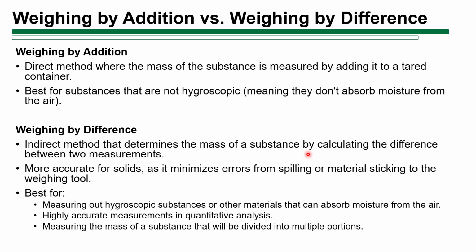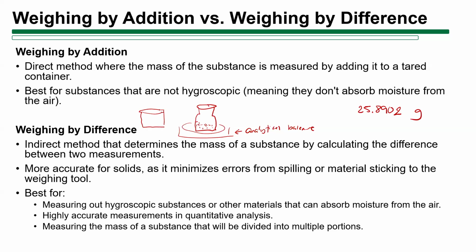So usually what you do in weighing by difference is you start with a container containing your sample, right? You weigh it on your analytical balance. Let's assume that this is an analytical balance, all right? Then you record the weight. For example, you got 25.898901 grams, okay? Now, your receiving container, let's say a beaker, where you will put your sample, right, must be ready.